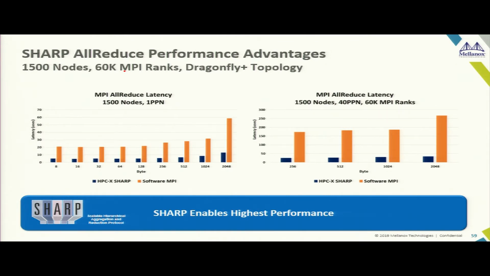If I run it in software, the latencies are almost 200 to 300 microseconds. If the same thing got done inside the network in hardware, the latencies are almost 10 to 20 times lower. And these latencies add up to your actual runtime of a parallel code, more than running it faster.